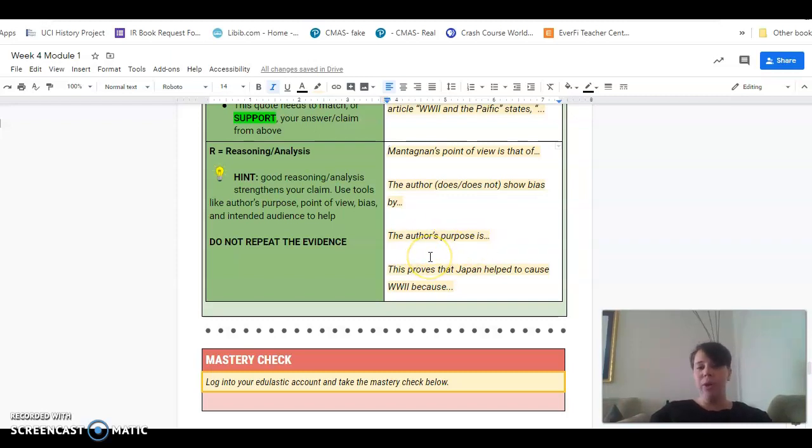The purpose is, remember, you're not just saying the purpose is to inform or to entertain, but the purpose is to describe such and such to whomever. And this proves that Japan helped cause World War II because. How does all of this and his quote help to prove that Japan caused World War II? Once you're done with that,